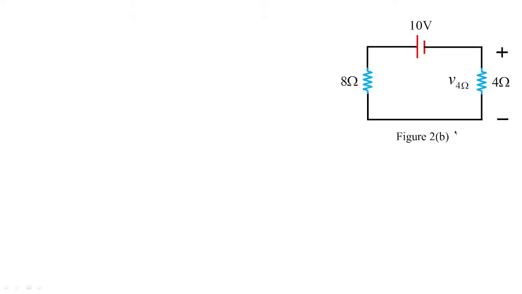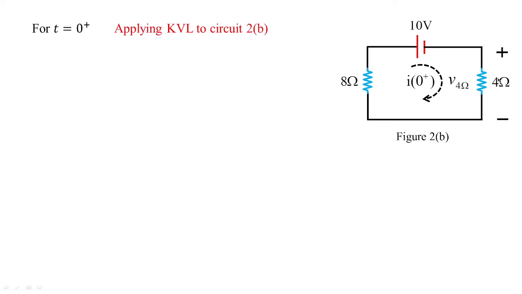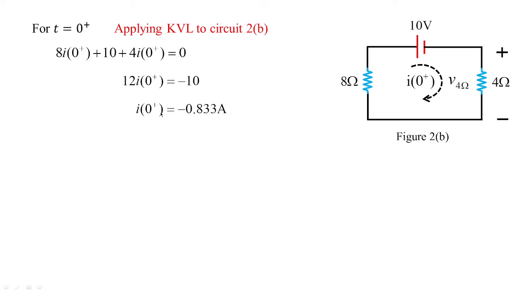Right. Now, as soon as the position of the switch is moved from A to B, 8 ohms gets connected and the capacitor is already charged to 10 volts. And hence we can find out the value of current in 4 ohms. So for t equal to 0 plus, as soon as the switch is moved, if I apply KVL to this loop, I get 8 i of 0 plus, plus 10, that is the voltage, plus 4 i of 0 plus, equal to 0. With this, 8 plus 4, 12 i of 0 plus is equal to, this 10 goes to the other side, becomes minus 10. Hence the value of i of 0 plus will be equal to minus